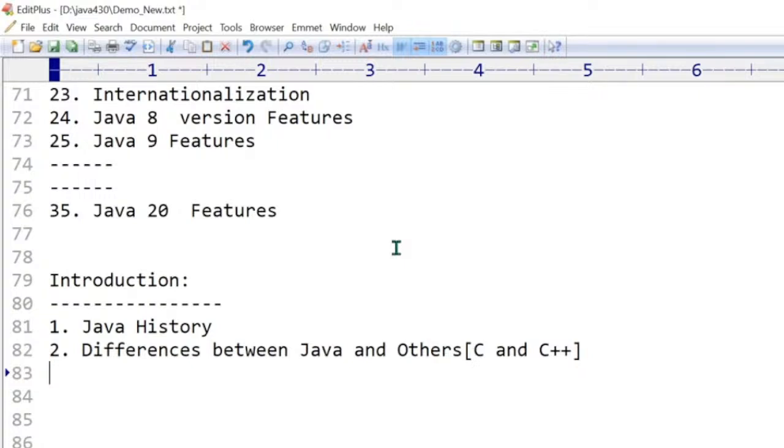To specify this particular point only, I'm giving some comparison of Java with C and C++. What exactly the differences are, what differences you understood. We are going to say clearly why Java is good when compared with C and C++. All the things we are going to cover there. That's one thing. After understanding the differences, next one is